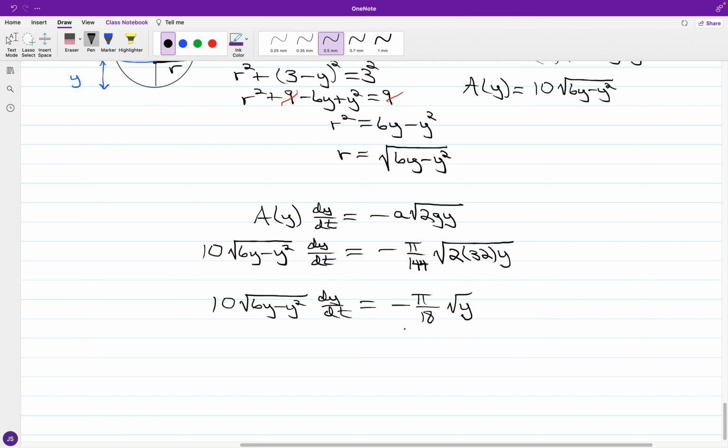And if I go ahead and multiply the equation by negative 18 over pi, just to get the square root of y by itself,